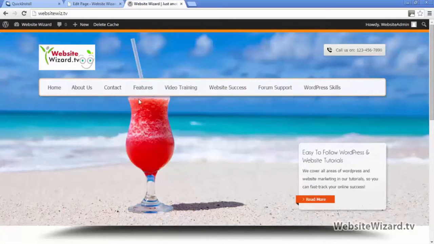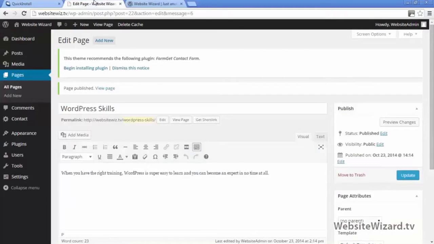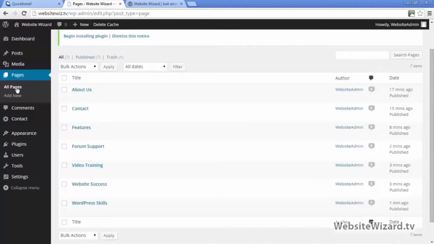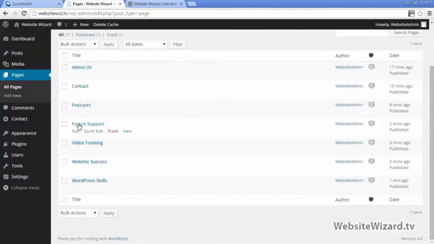So to do that, we need to make this a parent of these 4 pages. So go back to the dashboard here, and under pages, click on all pages here. So if we scroll down, this is the features page, and we want these 4 pages here being listed below